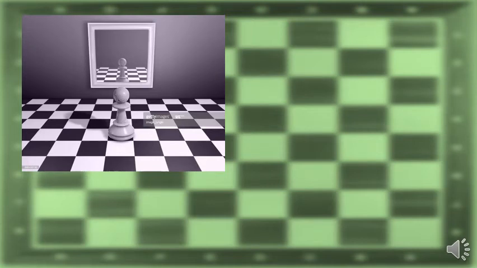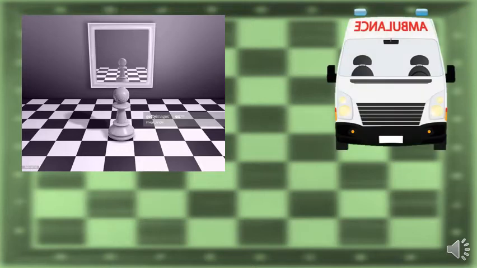Till now we know that light travels in a straight line, or it is rectilinear propagation, and also we can see objects because of the reflection of light. One of the effects we have seen is we can see the object in the mirror because of the reflection only. Here we can see one pawn on the chess board and also we can see its image in the mirror. Even we can experiment and see that the actual distance of the pawn from the mirror and the image in the mirror are at the same positions.